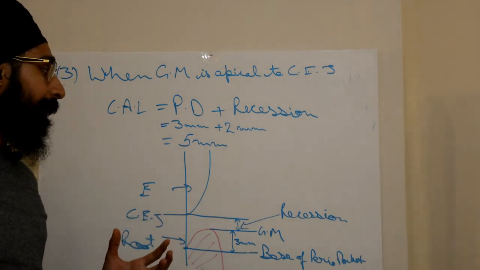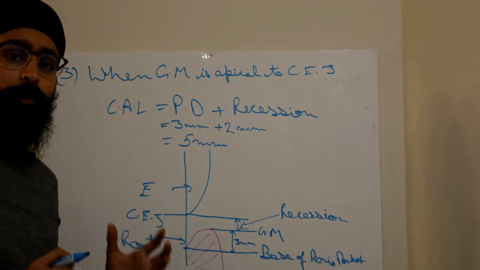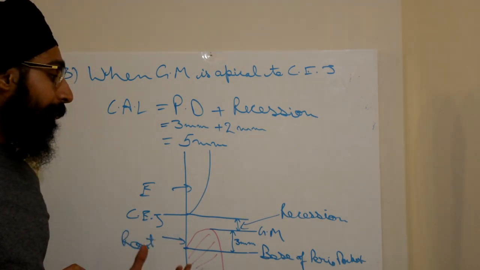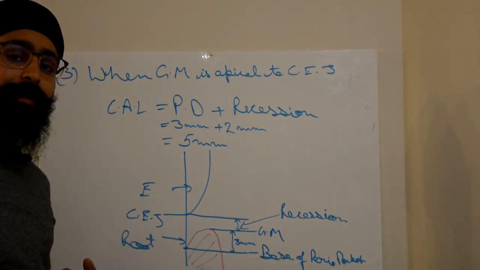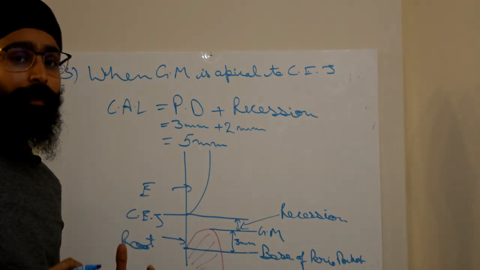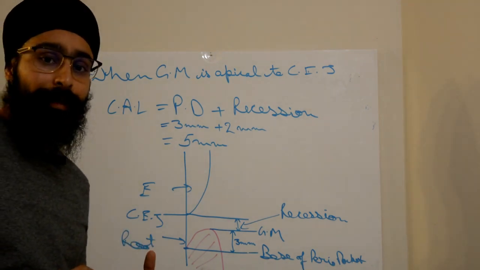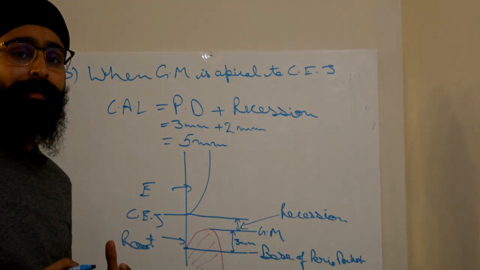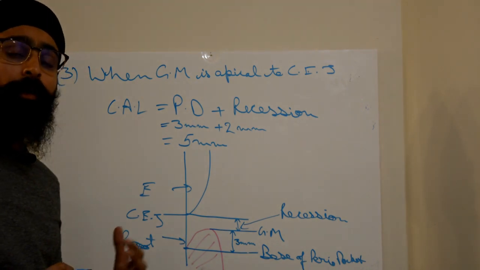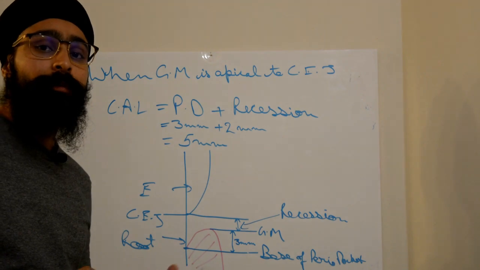To make things clear, friends, I want to tell you that 3 millimeter of probing depth is normal when it comes to a healthy periodontium, but whenever there is a diseased condition or a periodontal pocket of more than 3 millimeter, it is no longer a healthy scenario. It represents that there is some underlying pathology present that has led to either the destruction of the clinical attachment apparatus, or there is some hypertrophy of the gingiva present.